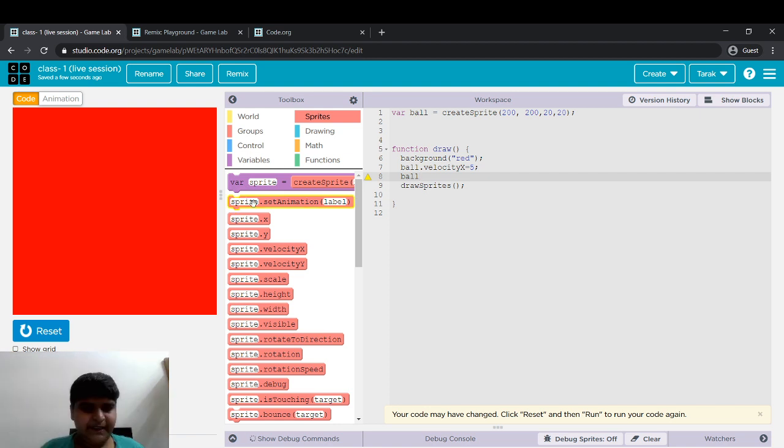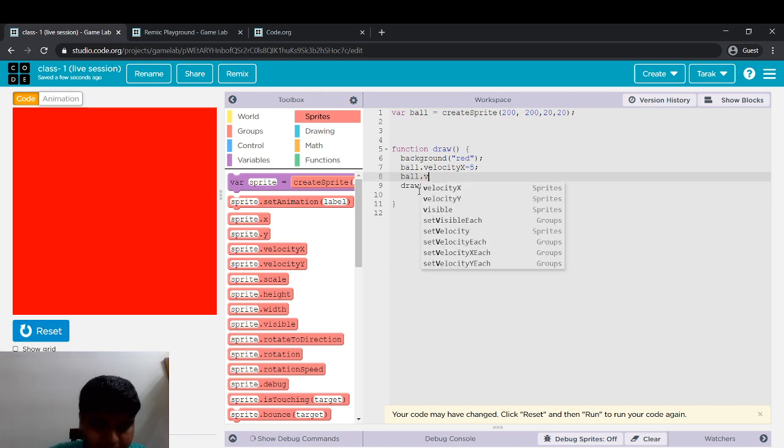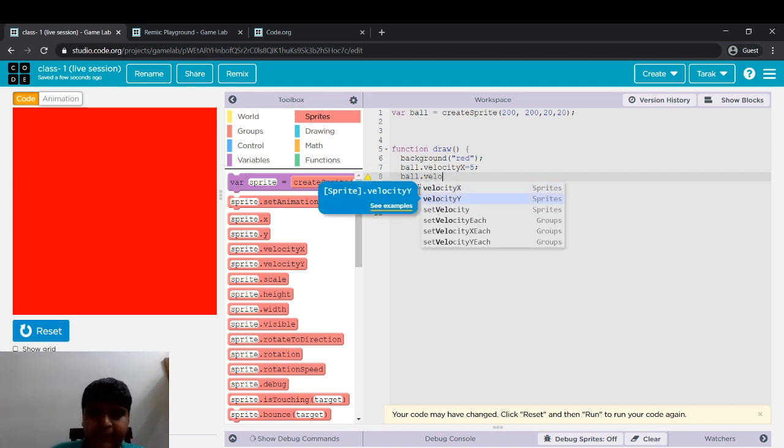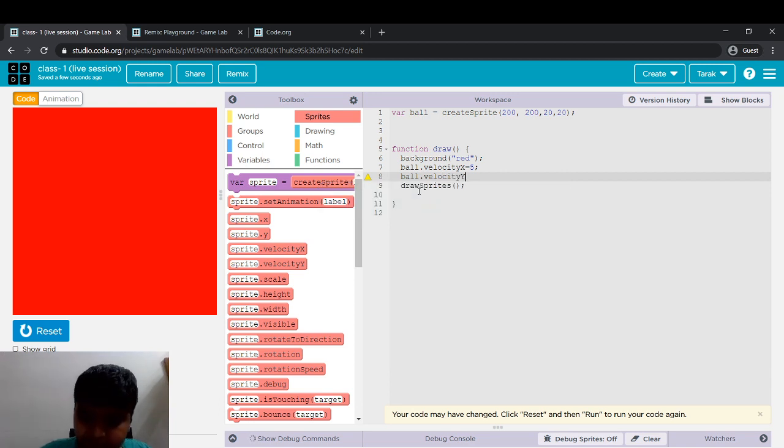See, these are all the inbuilt sprite functions. We are pulling them here to draw them, to show them, to print them on the screen. So now let's give velocity y. Sprite is the variable which we have renamed as ball. So here it will be ball dot velocity y equals to